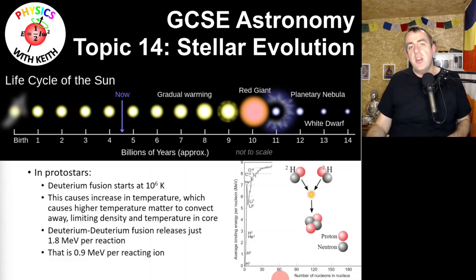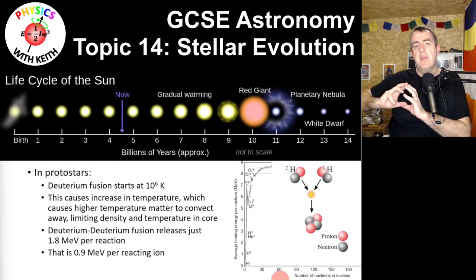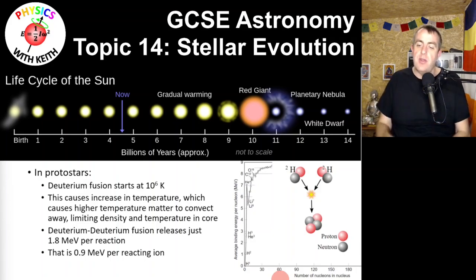So you can start fusion at 1,000,000 Kelvin, 1,000,000 degrees Celsius, near enough. But because it produces energy, yes, it does create energy, that will actually have the effect of increasing the temperature even further. We're trying to do this sort of reaction ourselves here on Earth. We're trying to do it to make nuclear fusion a viable power source, a way of generating electricity for us. So this sort of reaction releases, it says here just, which is a clue that it's not really a lot. It says just